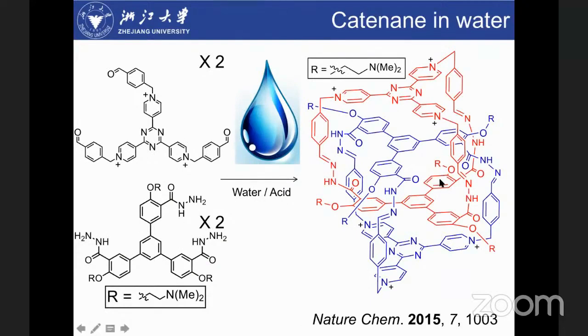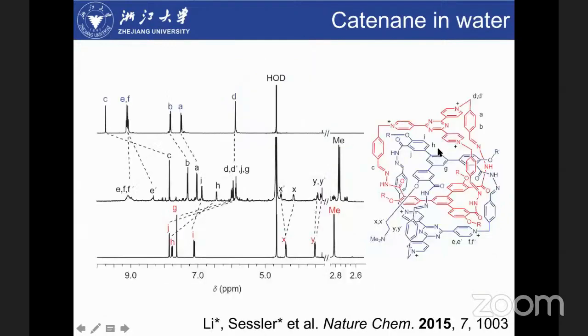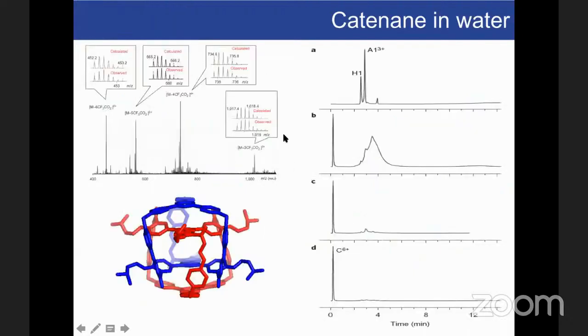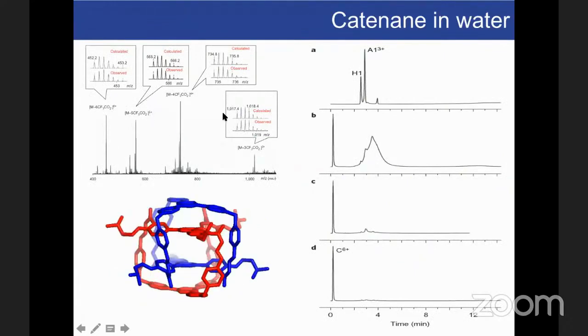So this is what we did 6 years ago. We synthesized a water-soluble hydrazide, and we synthesized a water-soluble aldehyde. If we combine these two species in the beginning, we get polymers. But if we heat this mixture together, we will get the catenane in quantitative yield. So you can see this is the NMR. Because this NMR is very dilute, we use a very dilute solution. We zoom in. We do have many small peaks, but you can still get this nice NMR, and you can see this is the mass spectrum, which is just the crude sample.